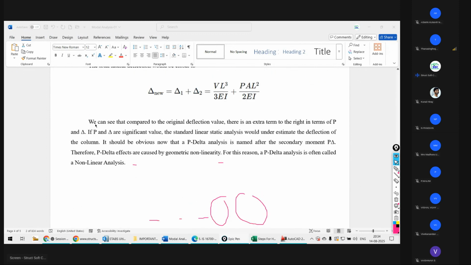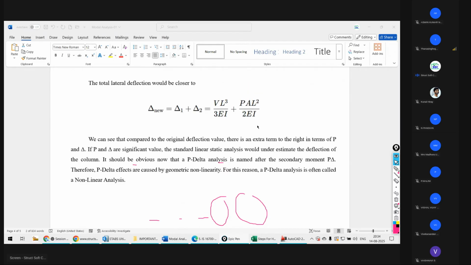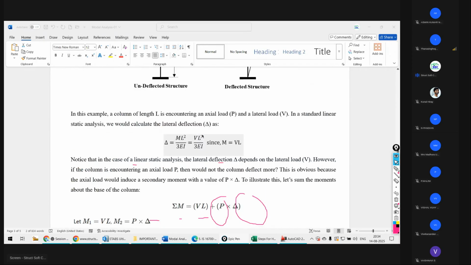And finally we can see that compared to the original deflection value, there is an extra term to the right in terms of P and delta. If P and delta are significant value, the standard linear static analysis would underestimate the deflection of the column. So if you are going to consider only the primary effect, you are going to underestimate the deflection. You are going to underestimate the stresses in your member if you are not going to consider the second order effect,